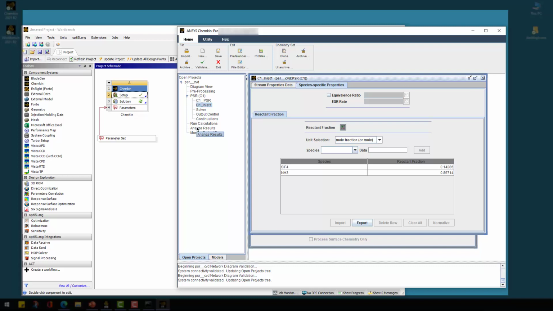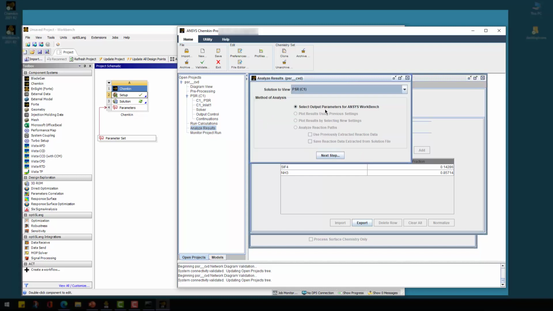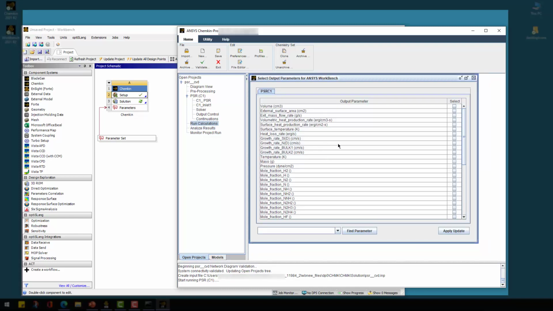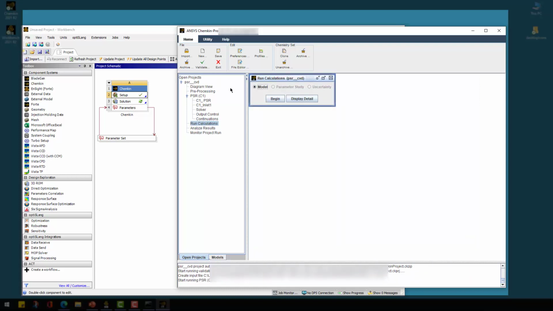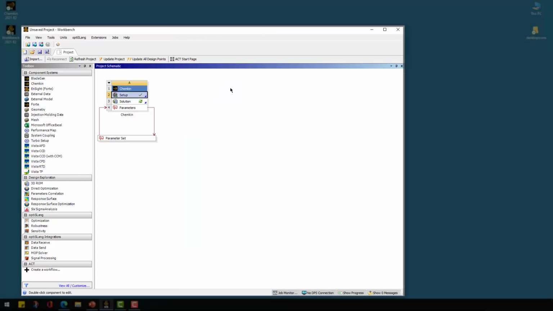Next, I would like to see what kind of target that I want to achieve in this optimization. So we go to Analyze Results, and then select the output that we want to send back to Ansys Workbench. Here, let's select one of the bulk growth rate. As you can see, we can pick either bulk 1 or bulk 2. One is for silicon, other for nitrogen on the surface. So we apply update, and that's all we need to do in order to set up Chemkin and access it